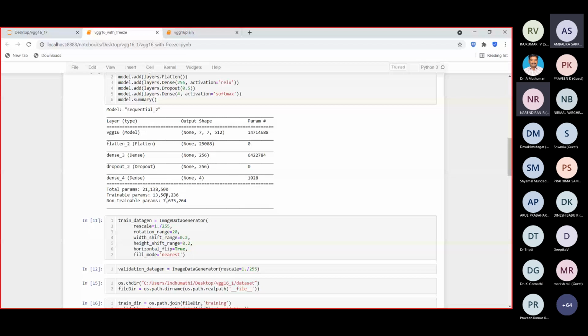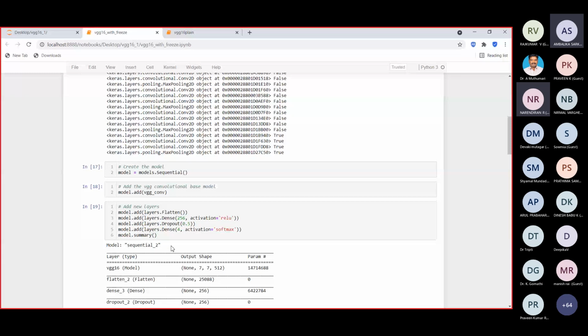But here, only the layers from this convolution layer till the last layer will be trainable. Others will not be trainable. So the trainable parameters are only 13 million, not 21 million here, and the remaining 7 million are non-trainable parameters. That is the difference between freezing and non-freezing here.